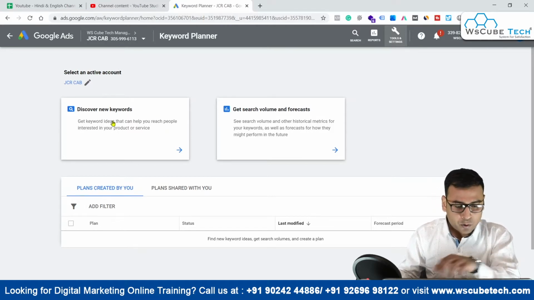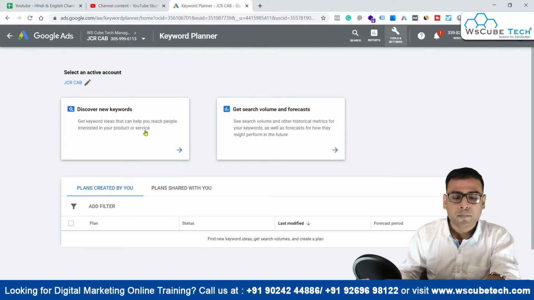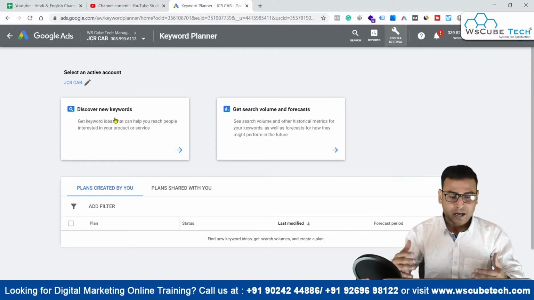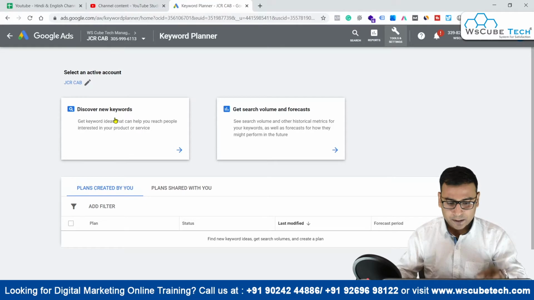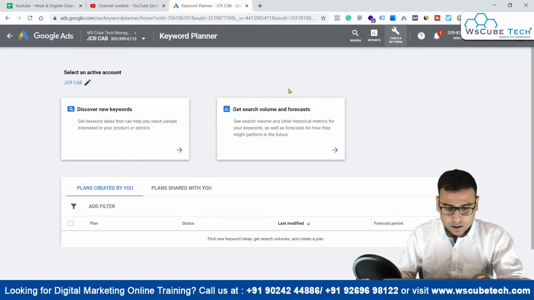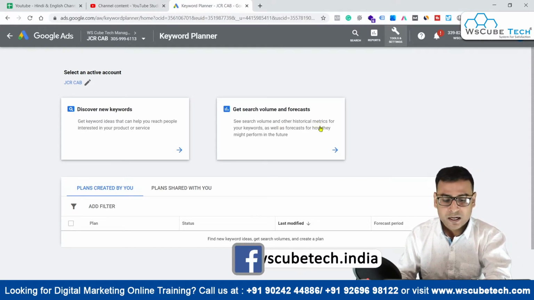As you can see, what Google mentions over here is: get keyword ideas that can help you reach people interested in your product or service. So discover new keywords is basically about getting new ideas about the product or service that you want to bring into the market, right? Then the second option is get search volume and forecast. This lets you see search volume and other historical metrics of your keywords, as well as a forecast of how they might perform in the future.